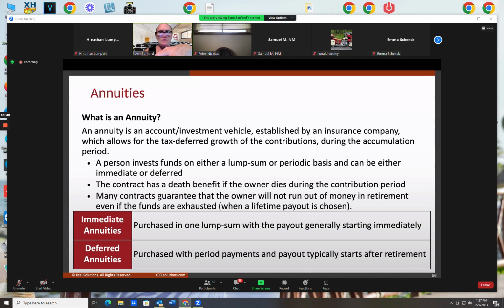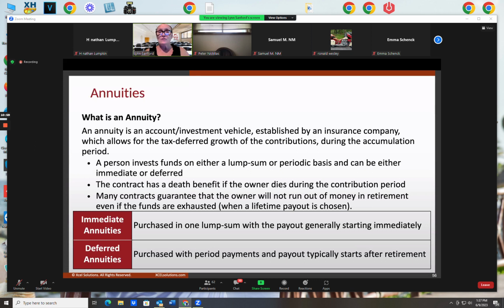If pre-tax dollars go in, no tax has been paid on any of those dollars yet. So when the dollars come out, the person is going to have to pay tax on anything they take out. The federal government wants its fair share, and it's going to get its fair share of tax, for sure.